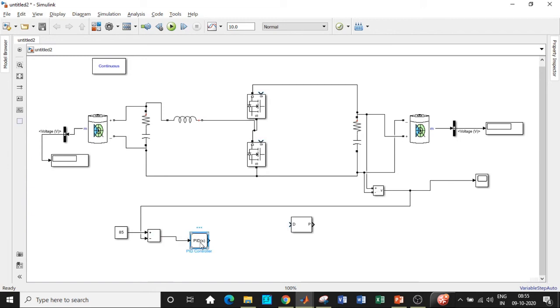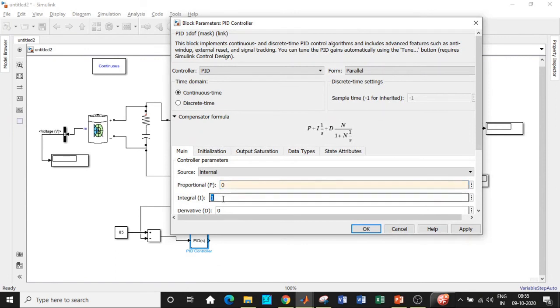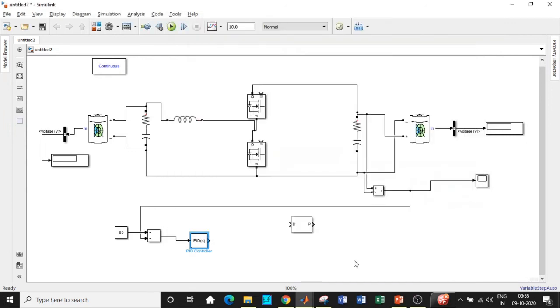Give it to a PID controller, double click on PID controller. So there are various procedures in which you can design it. I'm not using a proportional controller, I'm only using an integral controller with a value of 7. You can design it based on Laplace transform approach and many other techniques that are available, so totally based on your requirement. And once that is done, I'll be giving it to the PWM generator, which basically generates the pulses to the boost converter part of the switch.